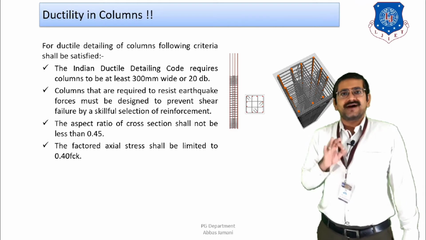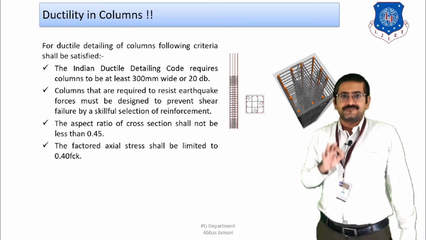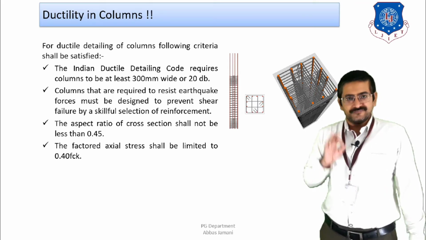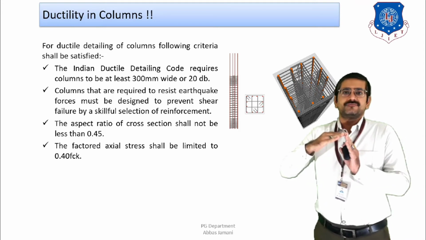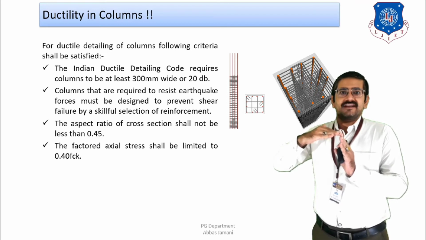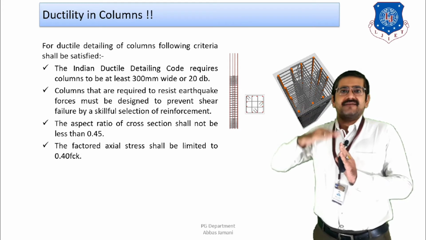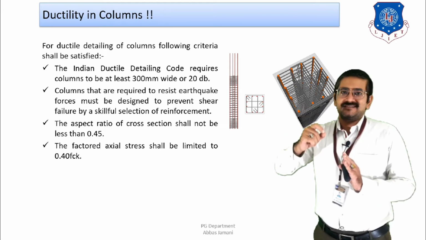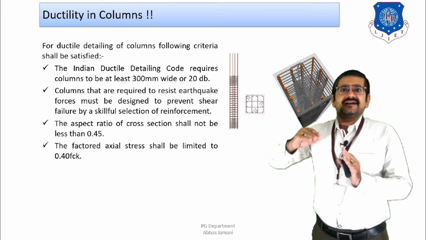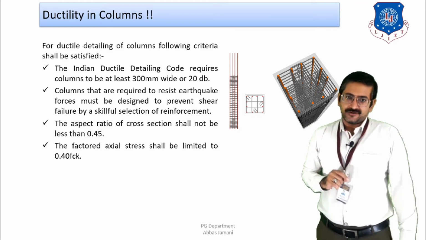When you are talking about the bar diameter, then 20 times bar diameter, that is the bar diameter equal to the largest reinforcing bar that is provided in the beams. If you are going to talk about a beam column junction, then this is my beam, this is my column. So whatever reinforcement I have provided in the beam, for example, I have provided 3 bars of 20 mm diameter at bottom and 3 bars of 16 mm diameter at top. So 20 mm is the largest bar diameter that is provided in the beam. So my column size has to be minimum 20 into 20, that is 400 mm. That is the criterion that is given by IS 13920.